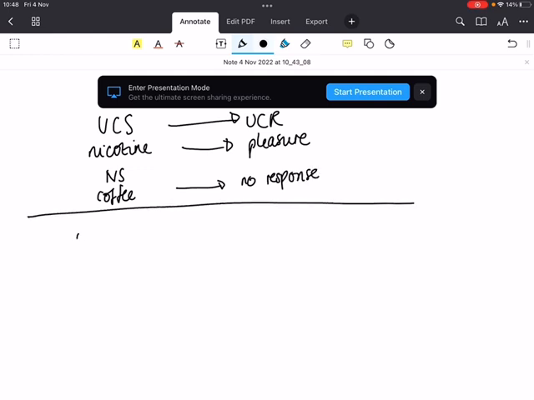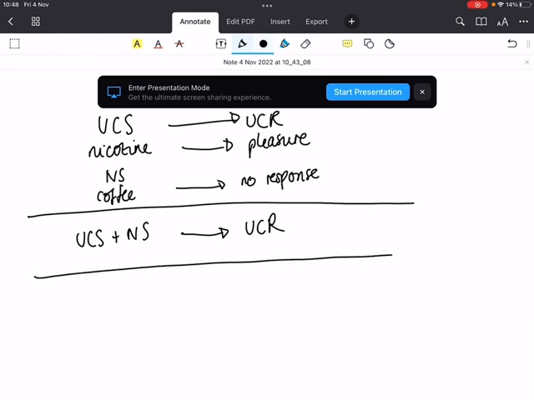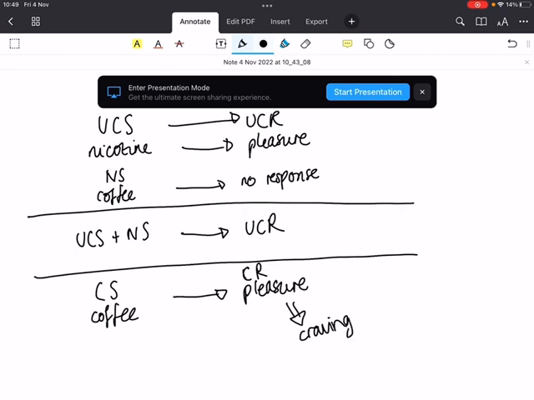However, if you continually pair those two things together, so if you always drink a coffee along with your morning cigarette, and that happens repeatedly, then after conditioning the coffee becomes a conditioned stimulus. It leads to the beginning of that pleasure response. It leads to a physical response, which is your conditioned response to a coffee. What that means is that it causes cravings. So even without the presence of a cigarette, we begin to get that dopamine rush, and that makes us really, really want to smoke.